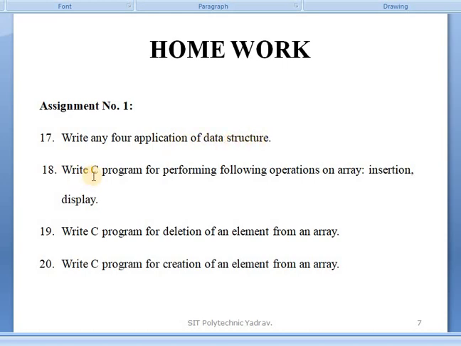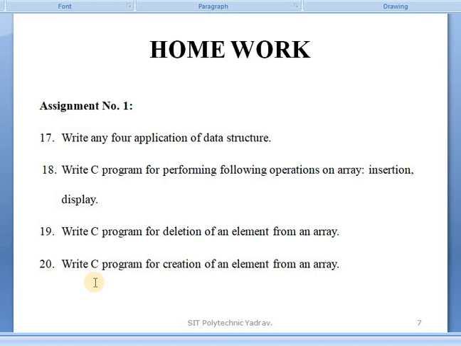After that, the 3 programs: write a C program for performing the following operations, insertion and display. Write a C program for deletion of an element of an array. Write a C program for creation of an element from an array. These 3 programs were seen in today's lecture. So if any queries arise, then contact me, no problem.